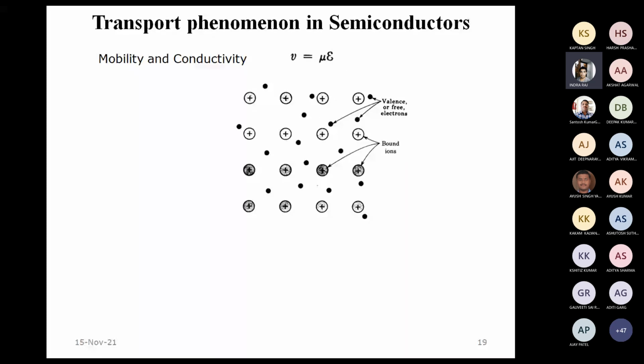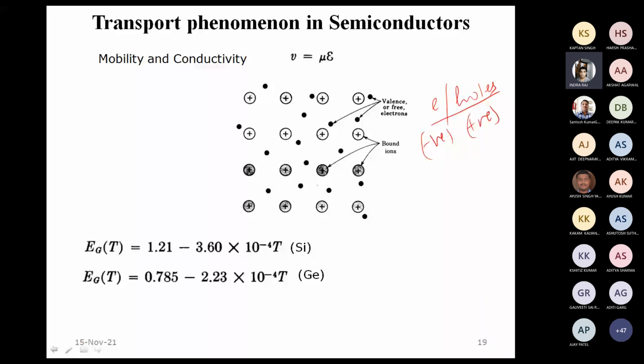So we have seen that in semiconductors we may have two types of charge carriers. One is electrons, and one is an oppositely charged equivalent particle, which we may call a hole here. The electron has negative charge, and the hole has positive charge. We also have seen a little bit about the kind of motion which we can see in electrons and holes.